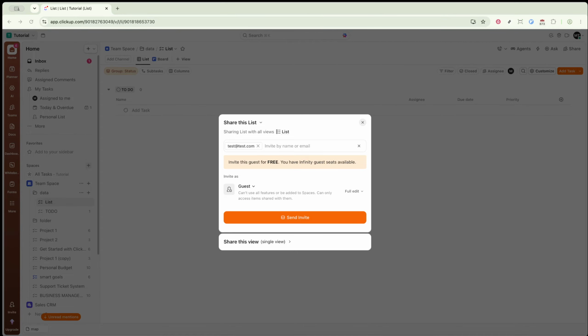And that's it. By following these steps, you can confidently invite guests to your ClickUp workspace while keeping everything organized